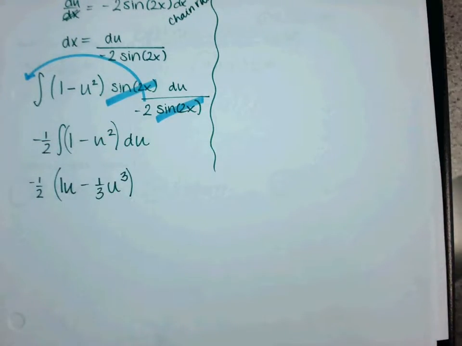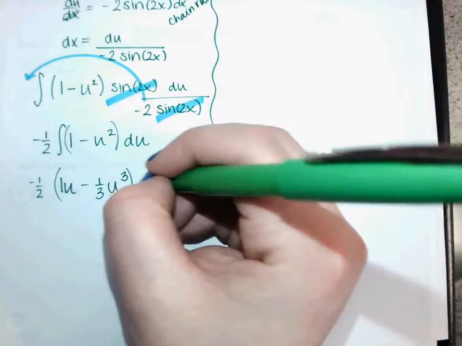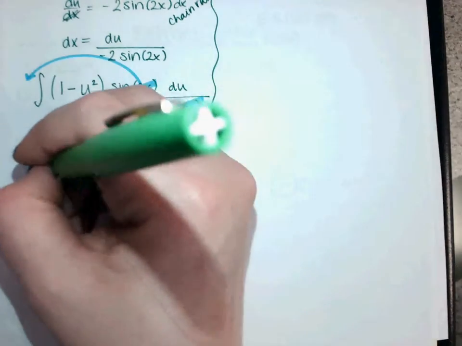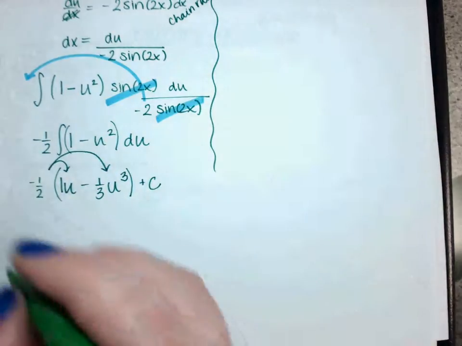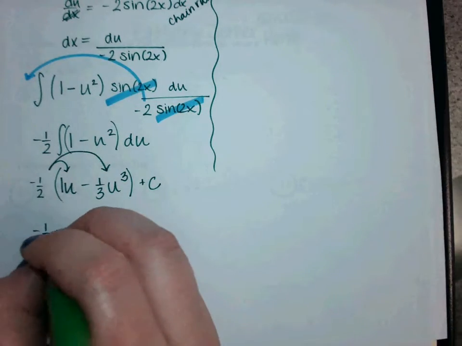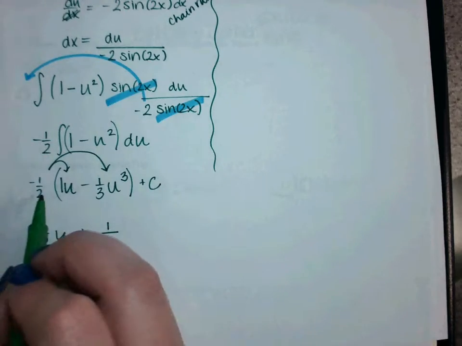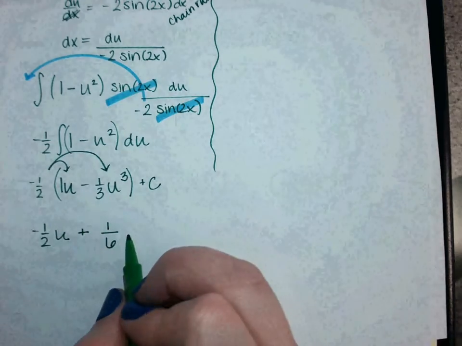Okay, so remember that that negative 1/2 applies to the entire integral. Okay, and then also I have a plus c. Then for my last step, I'm going to distribute my minus 1/2. So that would be negative 1/2 u plus 1/6, because I'd be doing 2 times 3 on the bottom,